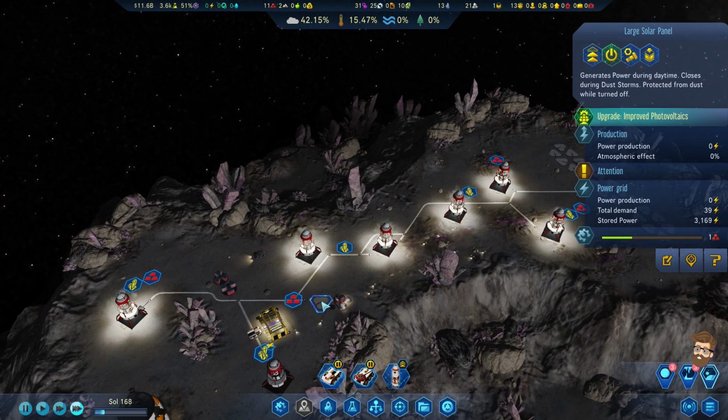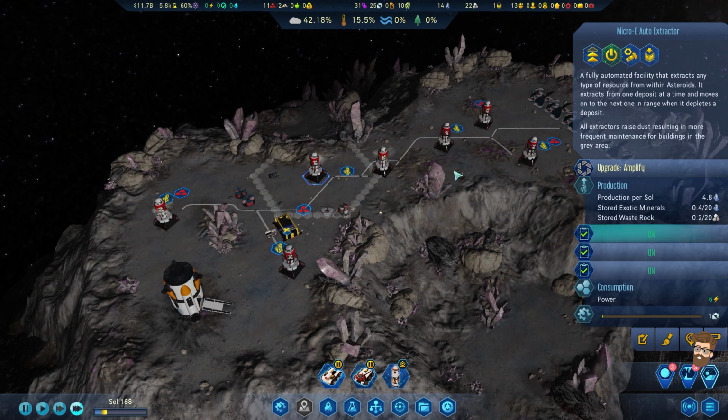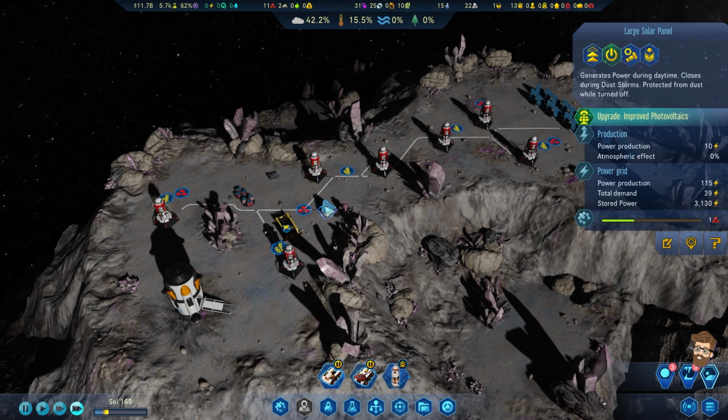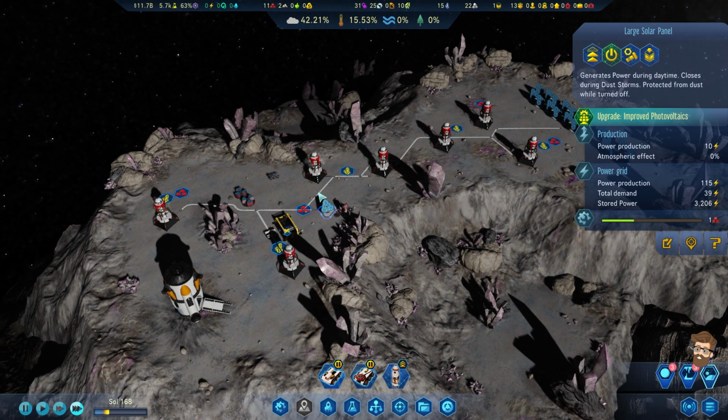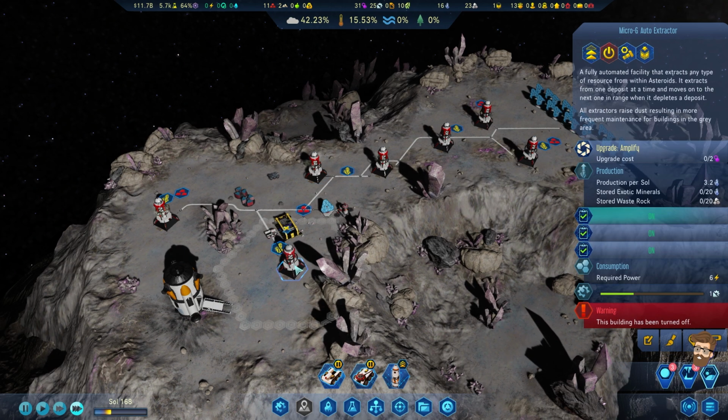Demand is at 39. 1, 2, 3, 4, 5, 6, 7. I'm going to add 7 to that. So 39 plus 70, approximately 150. Alright, I'm going to amplify all of them. It's going to burn through more polymers, but...